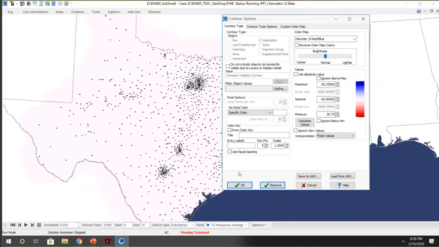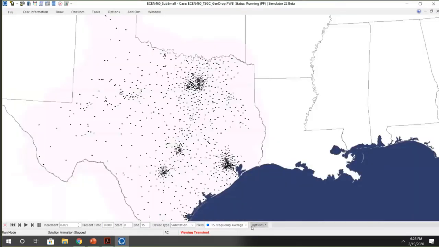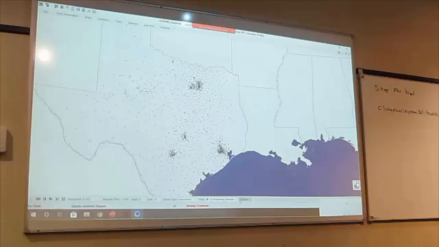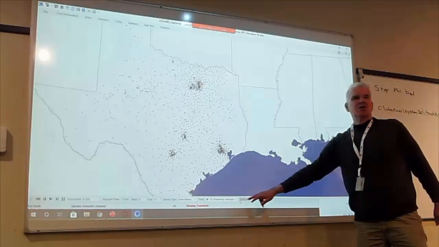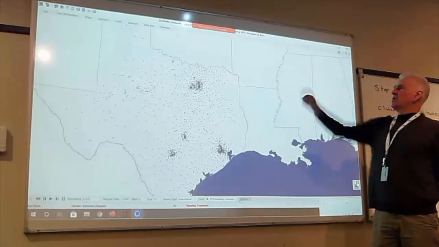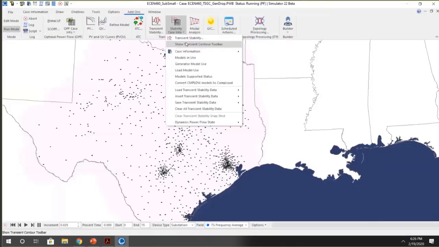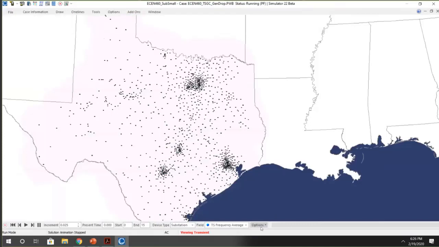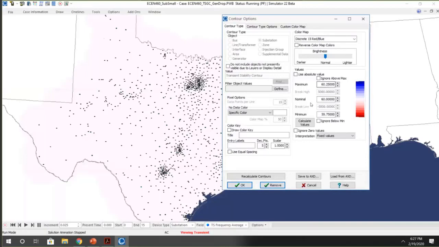I didn't catch how you opened that dialog. Okay, it's down here under options. Oh, the toolbar. The toolbar was under add-ons. Yeah, the toolbar itself is add-ons. Transient stability case info, show the contour toolbar. And then once you've got it, go to options, contour options. Okay. And then I specified my contour as